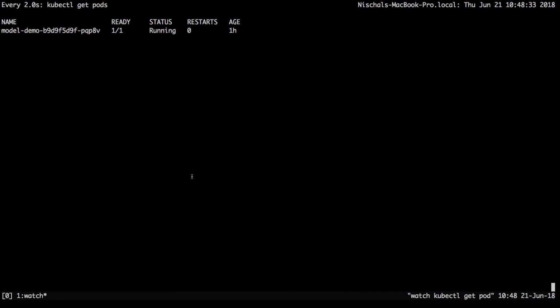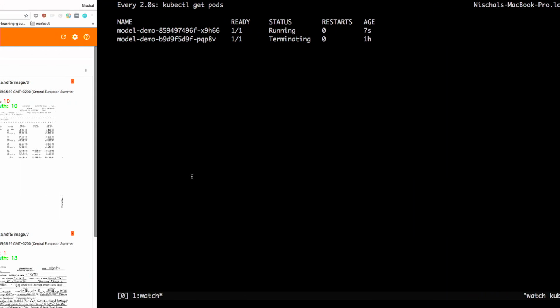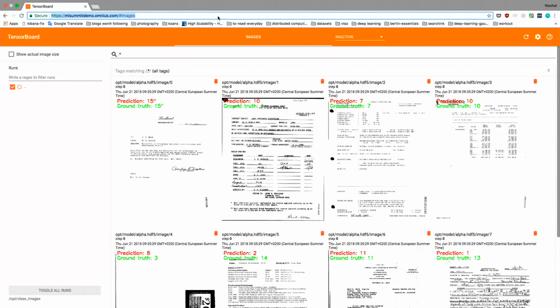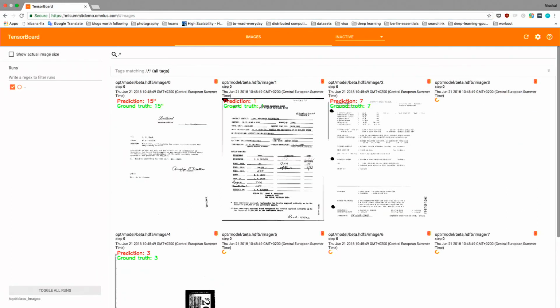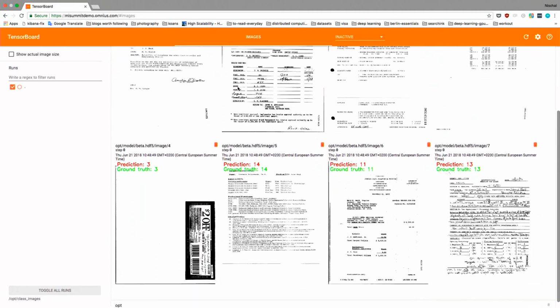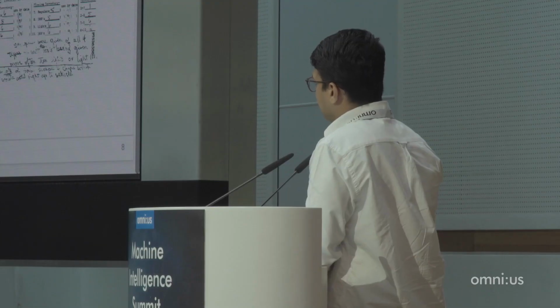Successfully deployed beta. So you can see that our Kubernetes cluster hopefully goes down. Yeah, we have a pod that's running. It went down. There's a new pod that's come up. It's going to deploy the latest model that's there in our model versioning system. And when TensorBoard comes up, we have the beta model in production, and Christopher was really right. So we can see that for at least some of the examples where the model was performing poorly, it actually does a fantastic job.